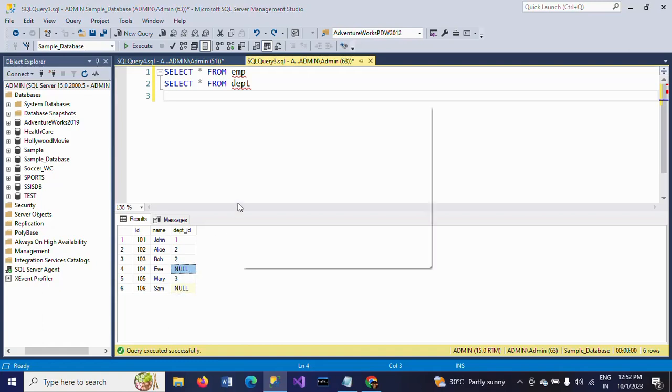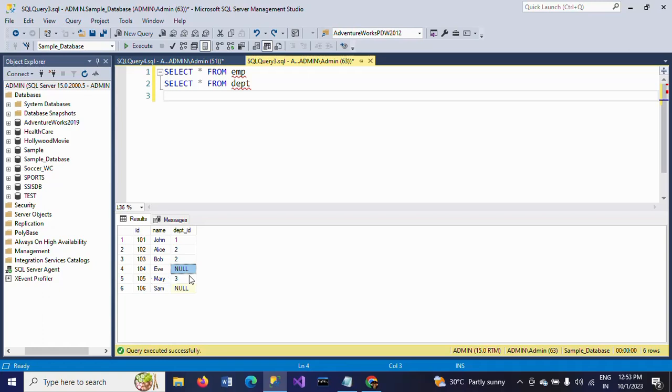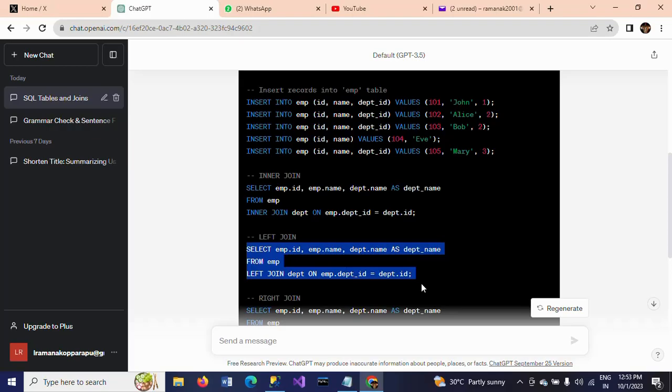So inner join, as per the definition, will take only matching records between department ID in the two tables. So that is the reason we got only 4 records. The remaining two records are skipped because there are no matching records for the department ID. So that is the reason. If you go to the left join,